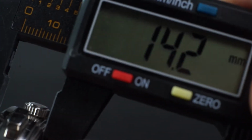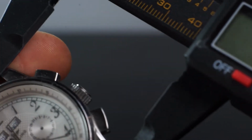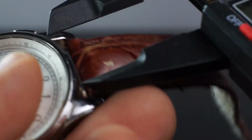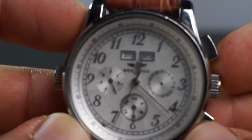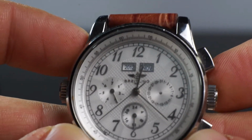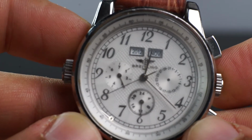So the watch thickness is coming in at 14.2 millimeters. Lug to lug, we are looking at 42 millimeters, and the lug width, we are looking at approximately 20 millimeters. Okay, so the watch itself, it's got a white dial with some kind of pattern on it, date complication on it with